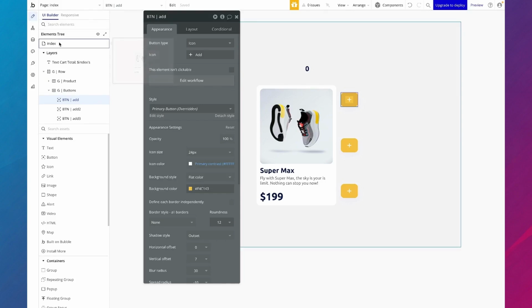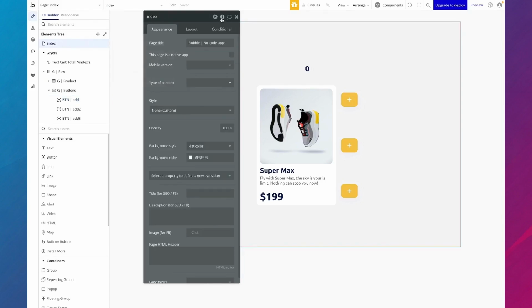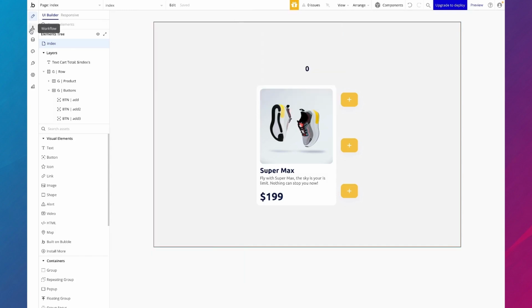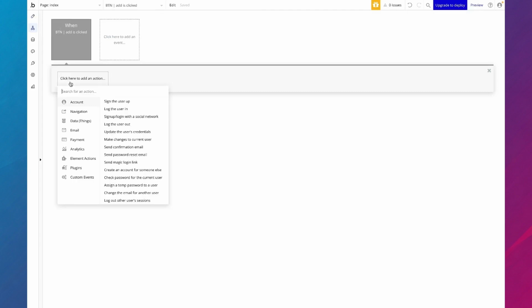Let me show you. If I click on the index page and I click on this info icon, we have a custom state called CS card total. It's a type of number and the default value is 0. So that's what we're going to be using to store the total of our cart. I'm going to go back to the workflow tab, and what I'm going to do here is when the